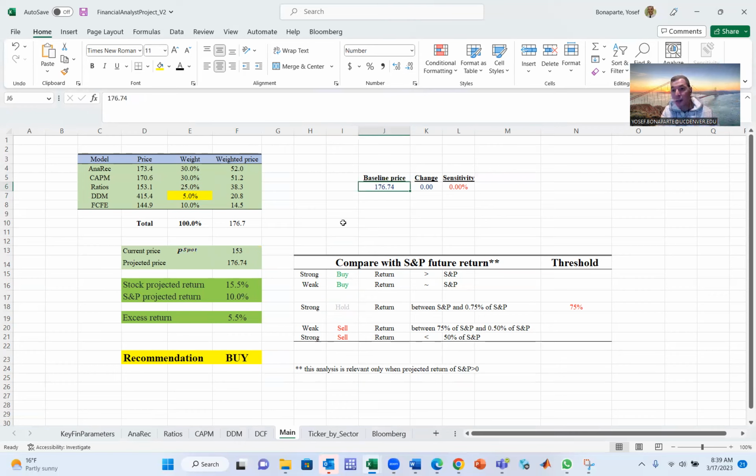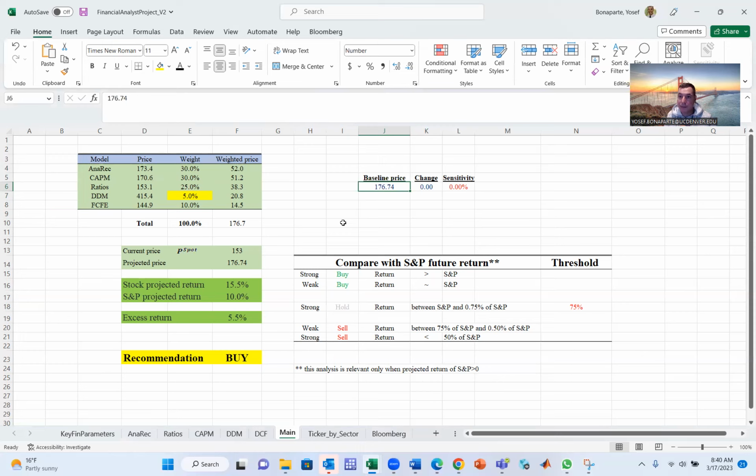Now we need to do something called sensitivity analysis. What is sensitivity analysis? Finance is an art. It's not a science. It's not like physics, E equals mc squared, the relativity theory of Einstein, or gravity of 9.8 from Newton. No, finance is an art, and we put in a lot of opinion, a lot of subjective opinion. So everybody has an opinion. And the question is, we need to do some sensitivity analysis to see how much our